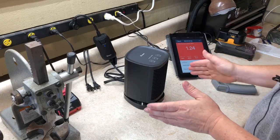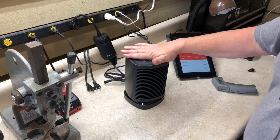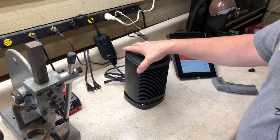You know what? I like this thing. I like this unit. I highly recommend it. I don't see anything wrong with it. This doesn't get hot right here. We was going to check the...